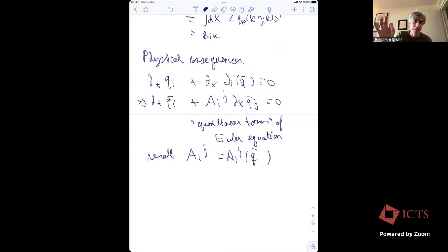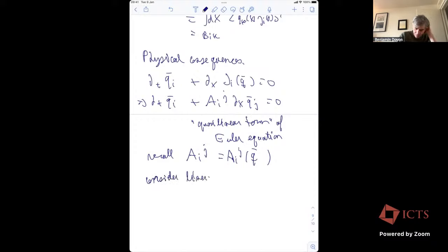And remember that this was the case for the free particles. The property of freeness is equivalent to the flux Jacobian being constant. In general it's not constant, and then you have a non-trivial function of q's there. Now, this is still a nonlinear equation. It's difficult to solve. But what we can do is consider